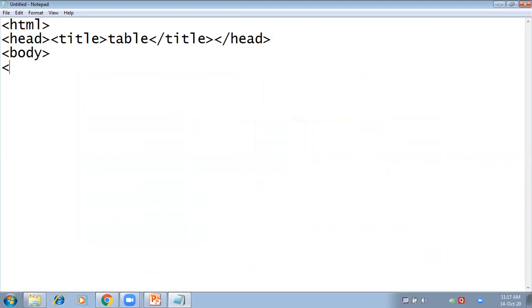Then I'm going to put a heading on my page under h1 tag, and heading should appear in the center also. So center tag, tables, or I'm writing 8b, close center tag, close h1 tag.